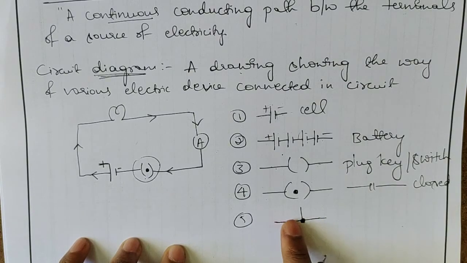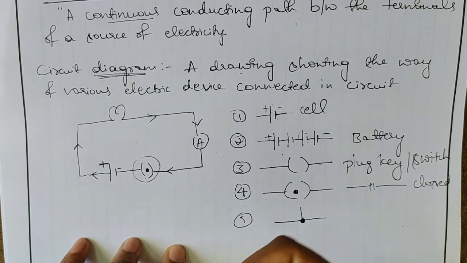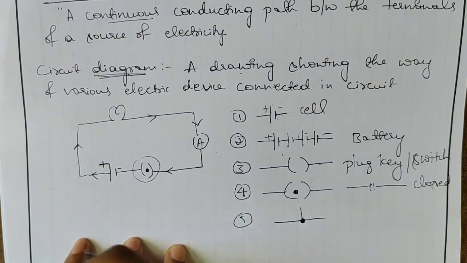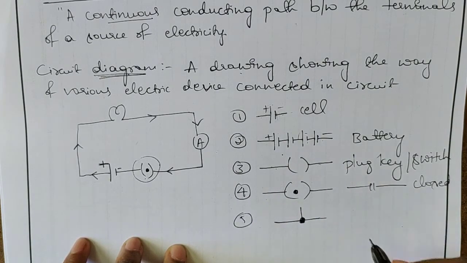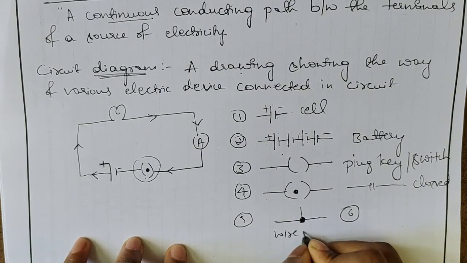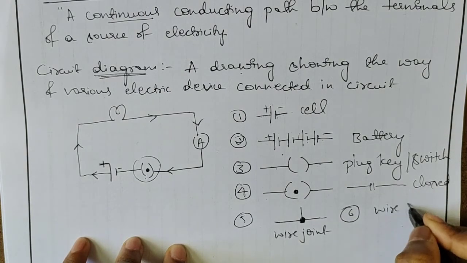That means it will be covered with insulated wire. Inside only we'll get a conducting material. So using some materials, we need to take that insulator in between and connect them, and this particular joint is called a wire joint. Okay, so next, the sixth one. This is wire joint, and the next one is wire crossing